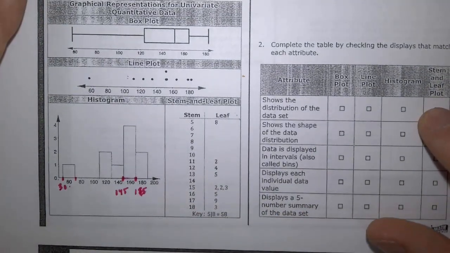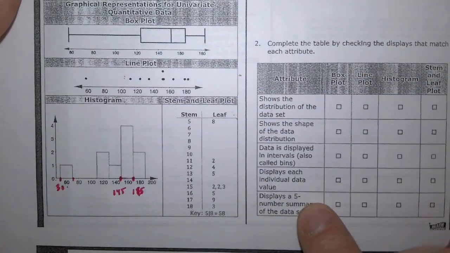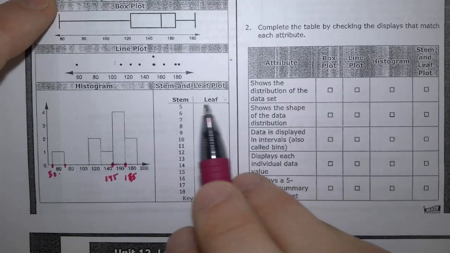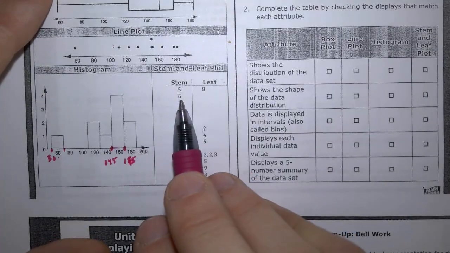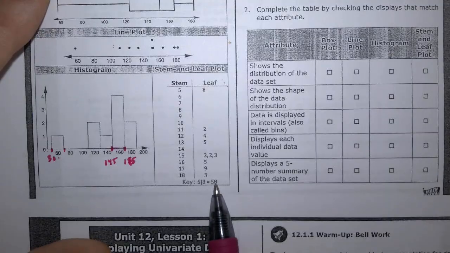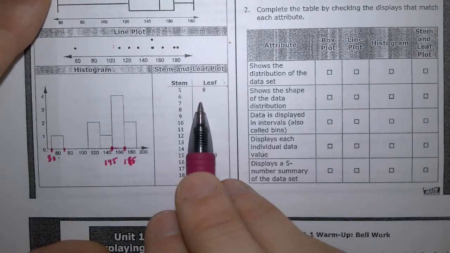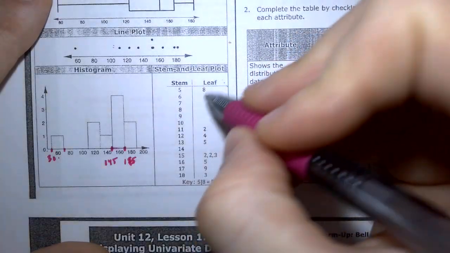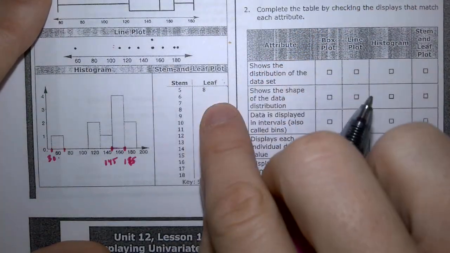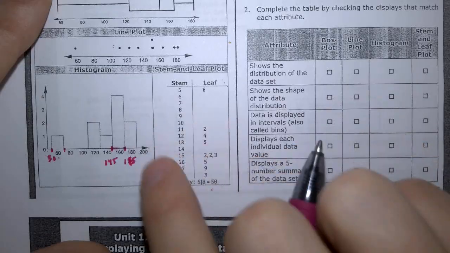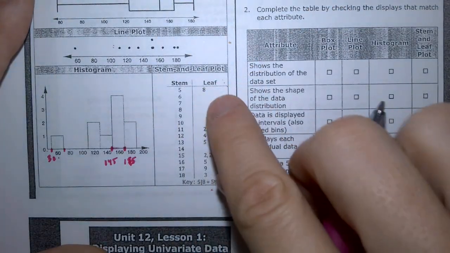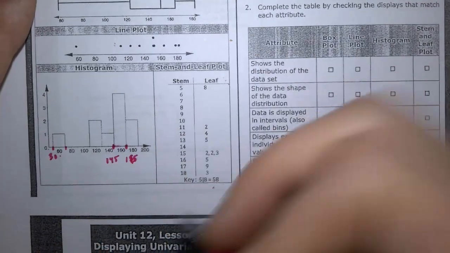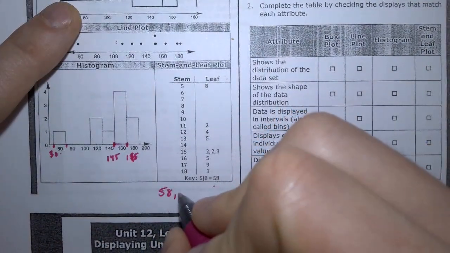We have stem and leaf, which has a stem and a leaf, and they even gave a key here. If you would start with the number 5 and end with the number 8, the number 5 with the line here and 8 represents 58. 6 with no leaf means there was nothing in the 60s. So there was no 60 or 61 or 62 or 63 or 64. But there is apparently a 112. So this would have the numbers 58, 112,